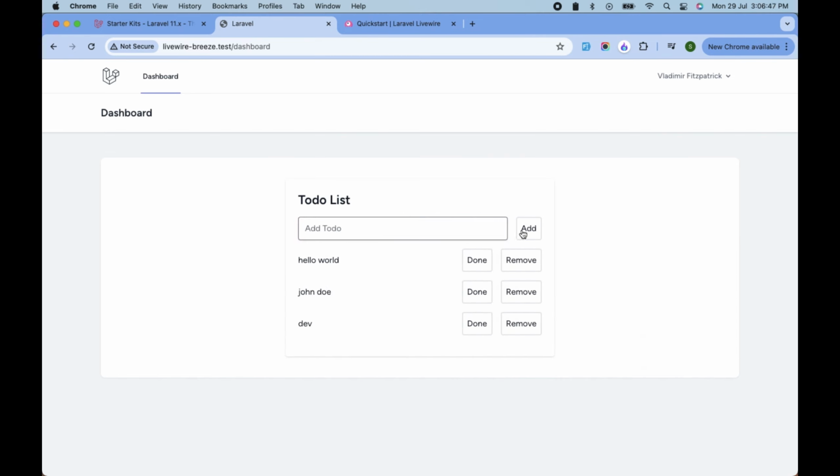And that's it. You have just created a Laravel project with Livewire and Breeze, built a to-do list app and